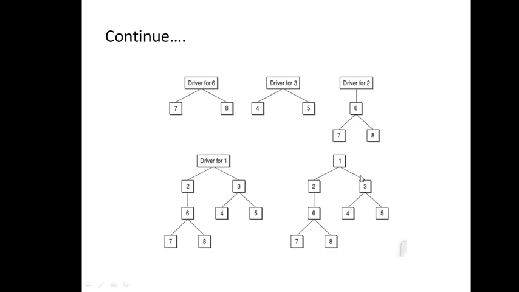Now taking this part now. Take 4 and 5, driver for 3 will be taken and we perform the testing. Now merge it, right? 7, 8, replace driver of 6 with 6. So what is above this? 2. So take driver for 2, perform this testing. So we reach this level in both the cases. This strand also and this strand also. Parallelly we started with 7 and 8, 4 and 5 and then now we reached the 2 and 3. Now replace this 2 and 3 with the original one. The drivers are being replaced.